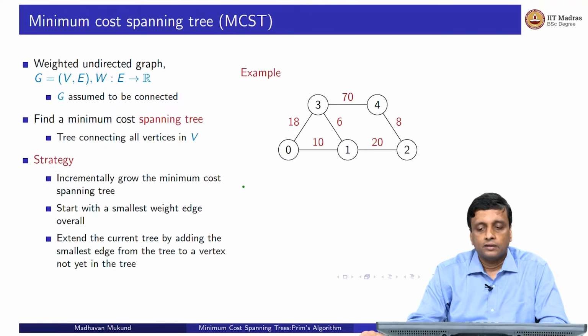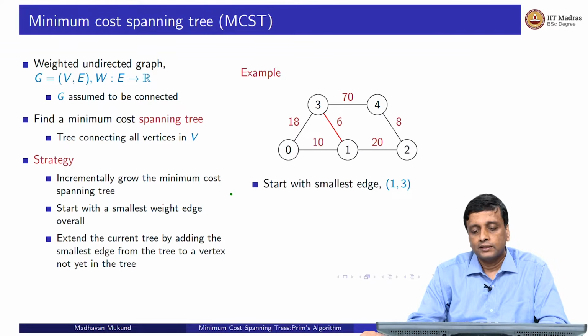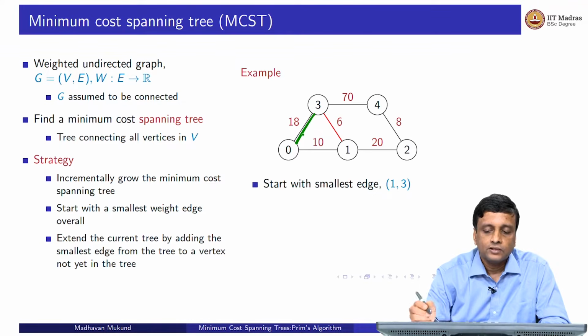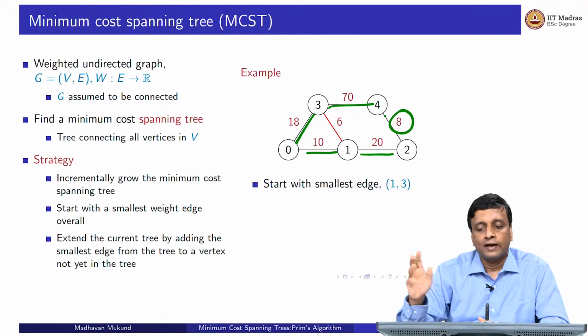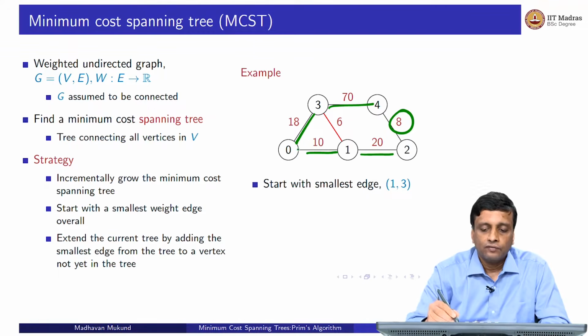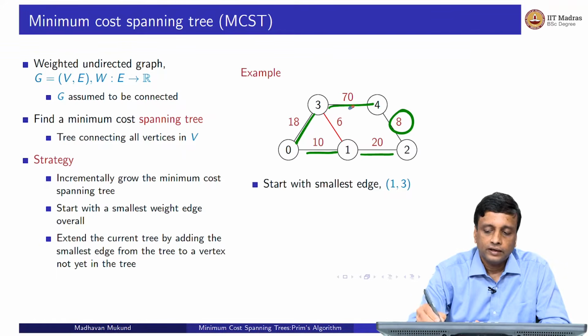So, here is Prim's algorithm at work. I first start with the smallest edge. In this case, the smallest edge weight is 6. So, I start with the edge 1, 3. Now, I have to grow this tree. So, I can either add this edge, or this edge, or this edge, or this edge, because I cannot add edge 8, because if I add the edge 8, then I would have essentially,